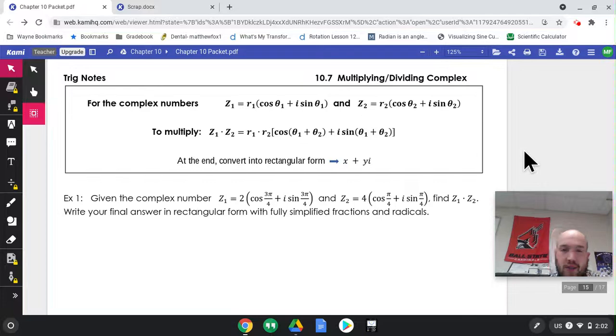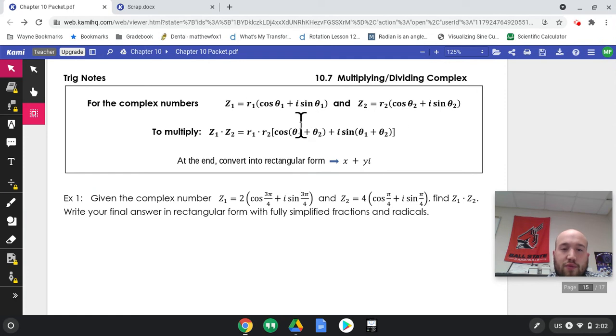Good morning, class. Today we will talk about 10.7, multiplying and dividing complex numbers in polar form. Okay, so if you look here, you can see we have this formula here. And if you don't want to use this formula, you wouldn't have to, but it makes it much easier for us. Okay, so if we had these two complex numbers in polar form, z1 and z2,